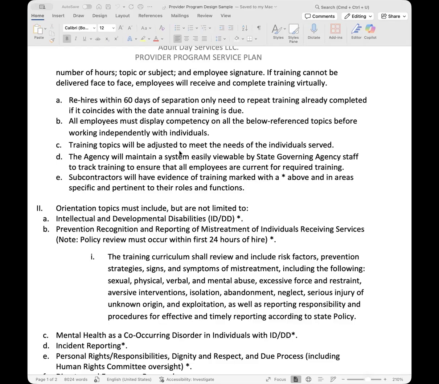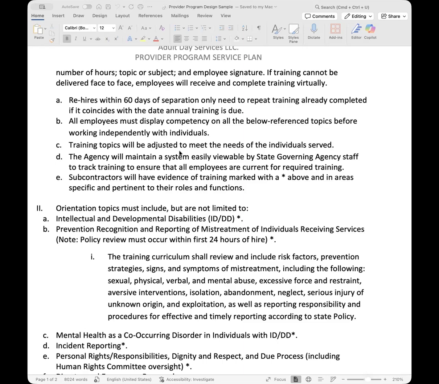It could be wheelchairs. So if you're going to be an agency that's assisting clients with wheelchair mobility or access, make sure you train your staff in how to do transfers if they're transferring clients from the wheelchair to the toilet, from the wheelchair to the seat.